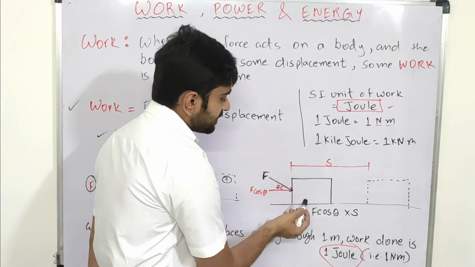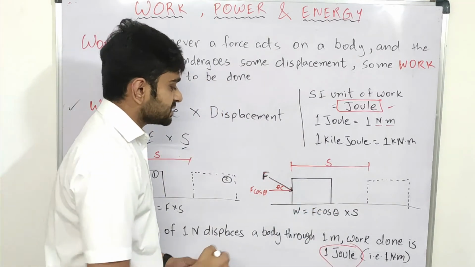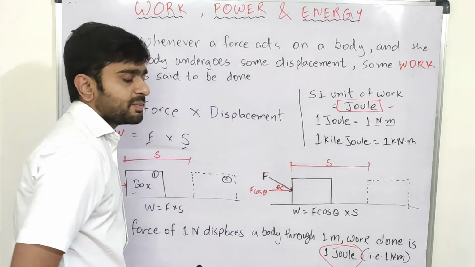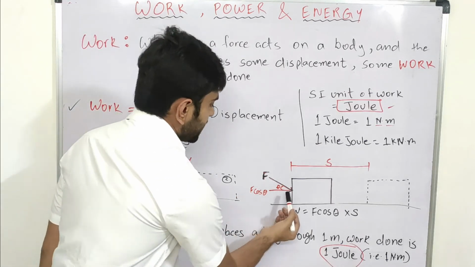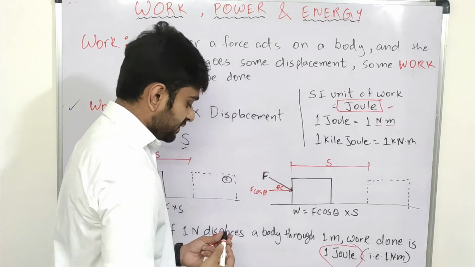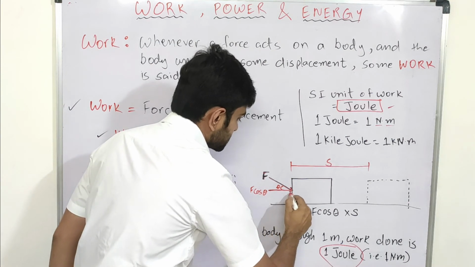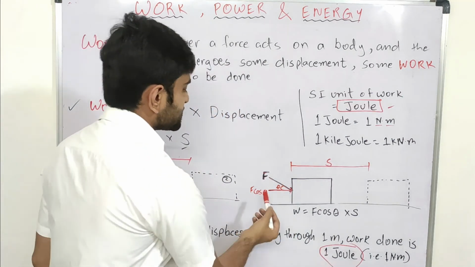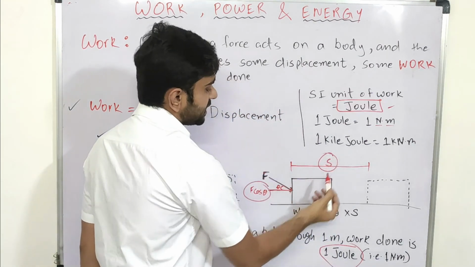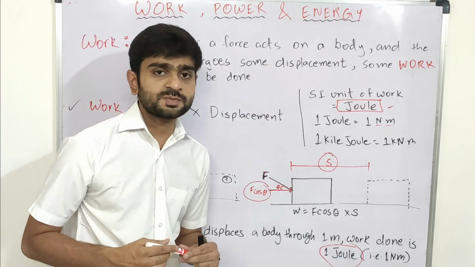But if the force applied on the box is inclined and not parallel to the rough surface, then we can apply the angle theta and make this the adjacent side. In short, we can make the component part. The side that is adjacent to the angle is cos, so F cos theta. We have converted this into parallel to the plane. Now this becomes our force, F cos theta, and the displacement is S. So W is equal to F cos theta into S. This is our work done on this box.